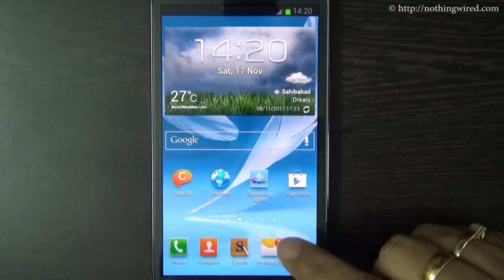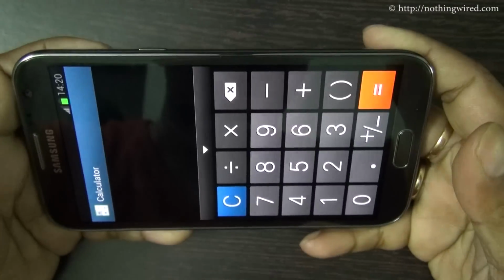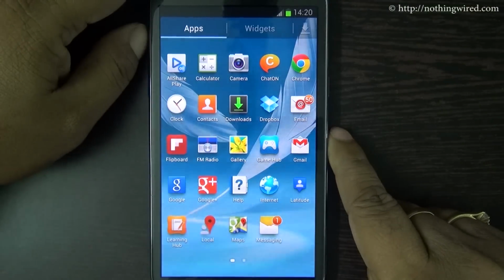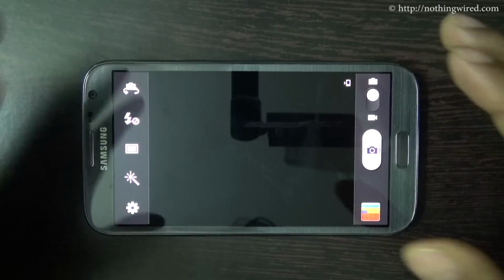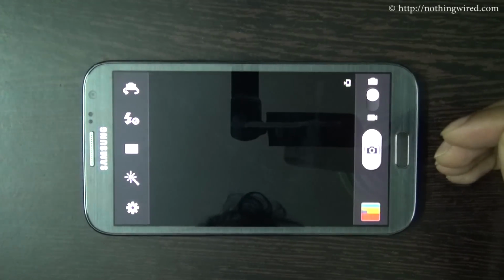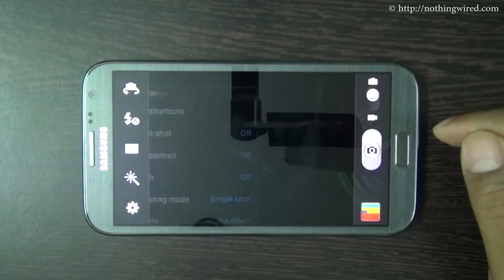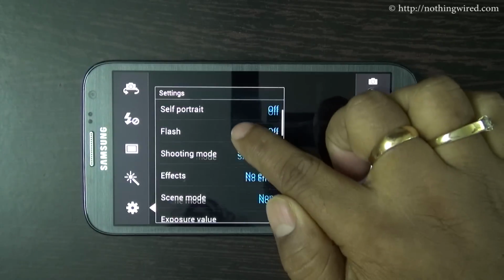Now I'm going to show you some apps. So you have the calculator that turns into scientific mode in landscape, as usual. Then you have the camera. The camera on Note 2 is of very good quality, and it has some controls you usually see on an entry-level DSLR. For example, burst shot, then